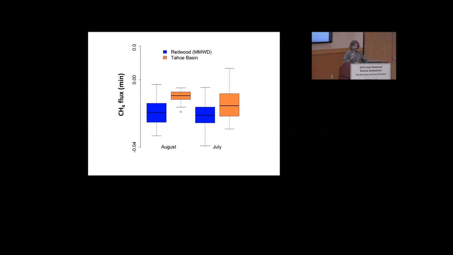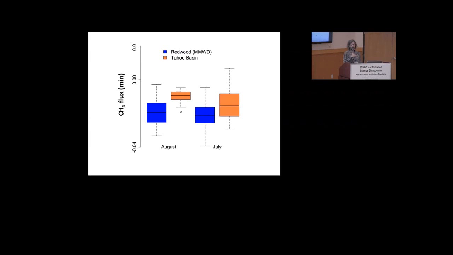A few other things just to note. We found that these sites are consuming methane. The soils so far are consuming methane. That's interesting because ambient methane levels are extremely low in this area. The air quality is very high. There's a benefit there. I don't know if anyone else has measured methane dynamics very much in redwood forest, but